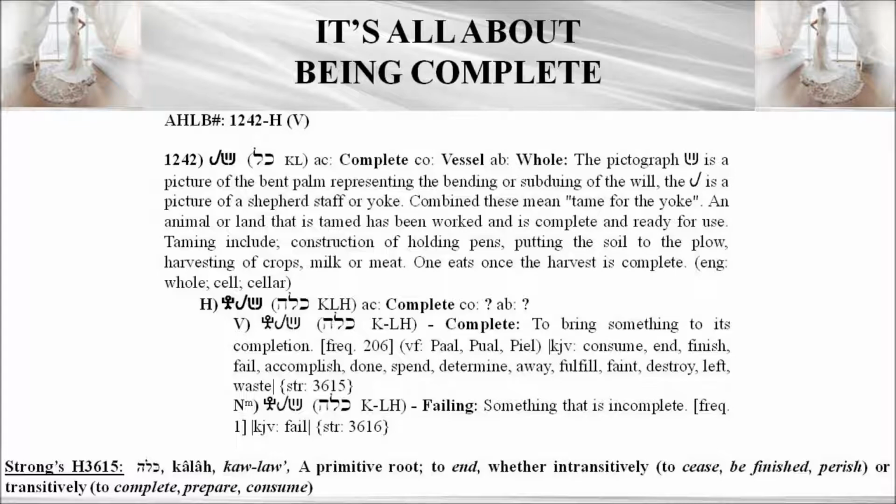Kaf is the hand, bending of the will. The lam is the shepherd's staff. It's the shepherd, it's the goad, it's a teaching, it's a yoke. The hey, little man with his hands raised, revelation. So to be consumed means that that which is being consumed has bent their will